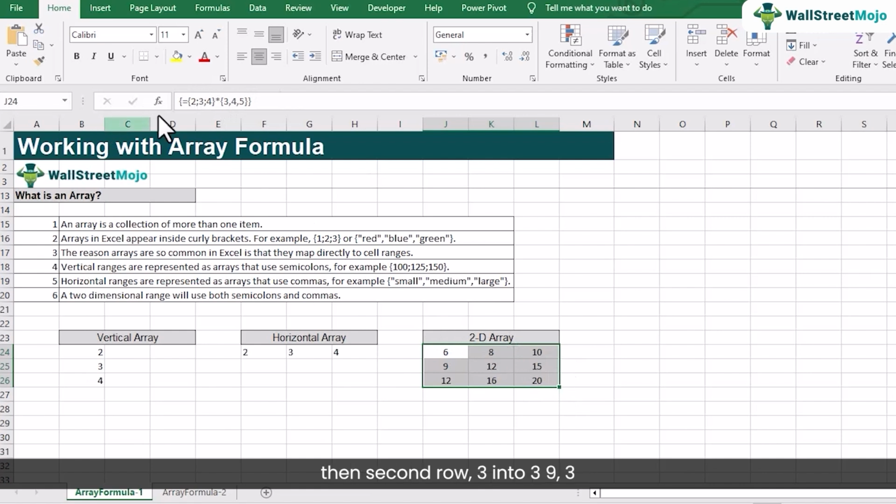One row over. Then second row: 3 into 3 is 9, 3 into 4 is 12, 3 into 5 is 15. 4 into 3 is 12, 4 into 4 is 16, and 4 into 5 is 20. So here in this demo we have seen vertical array how to print, horizontal array how to print, and 2D